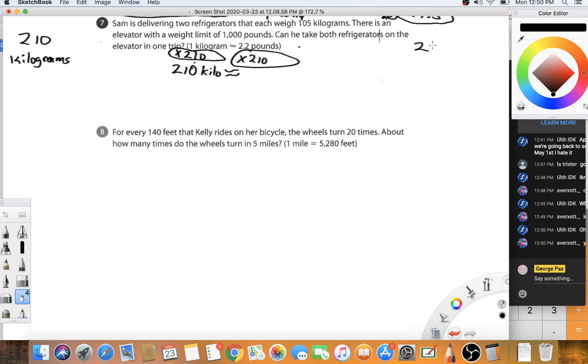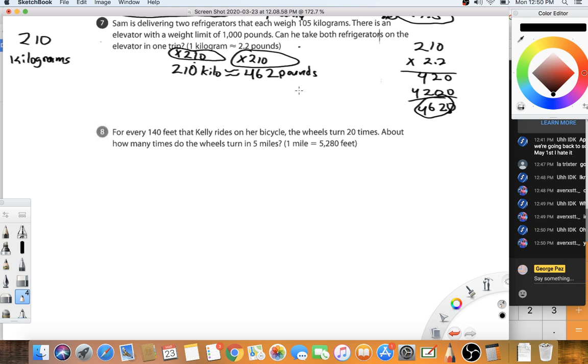So we're going to do 210 times 2.2. This one I'll do now with the calculator. 0 times 4, 0 times 6, 4, one decimal spot, so 462. So that means that,